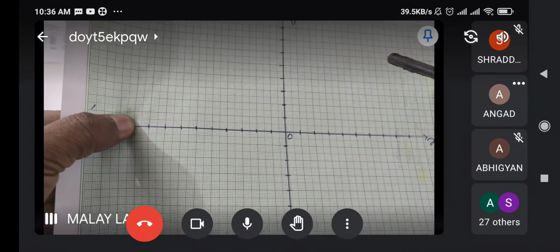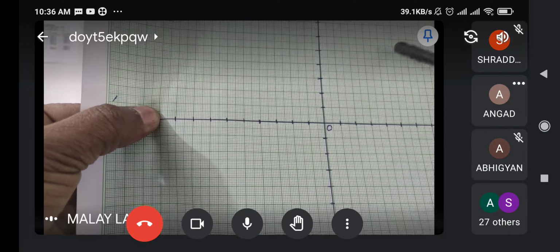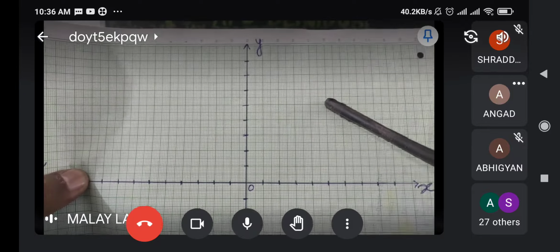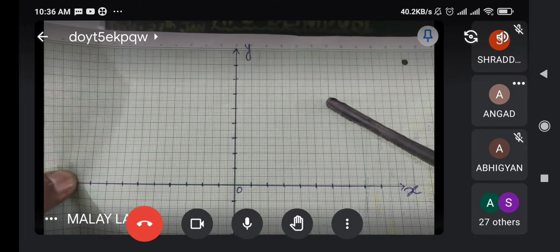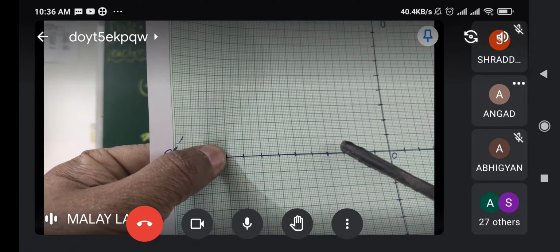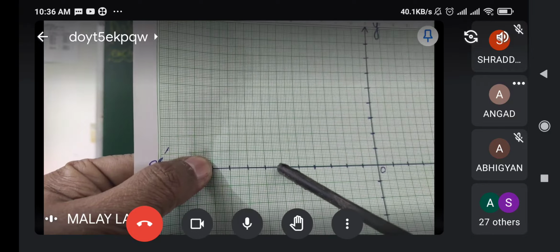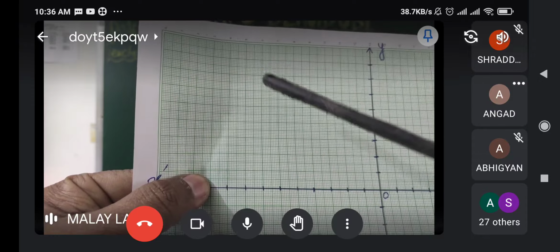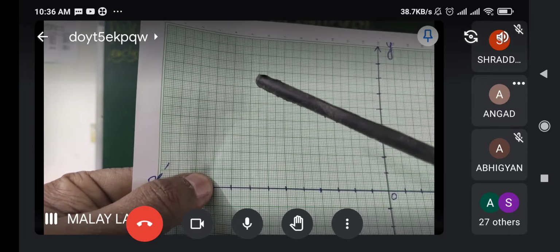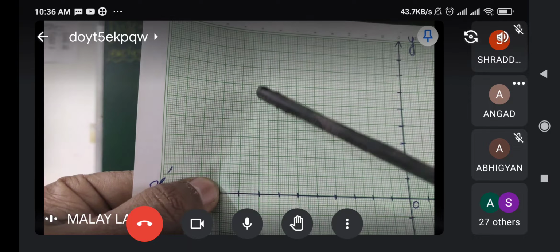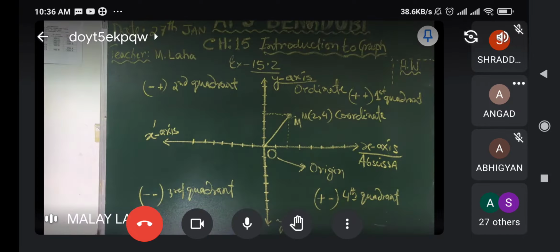Okay. So now the value of this point here, x and y both will be positive. In this second quadrant, if we move in this direction first, it is negative, and if we move upward, positive. So what is this quadrant for? Negative and positive. The second quadrant is minus plus. I have written minus plus. You see, the second quadrant is minus plus.